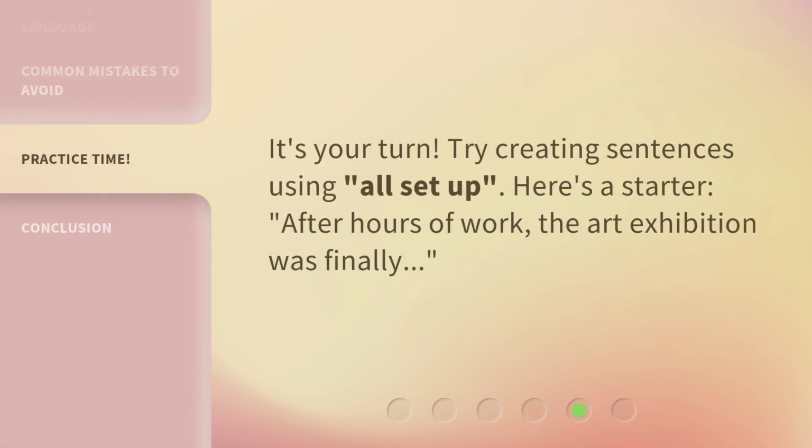It's your turn. Try creating sentences using all set up. Here's a starter. After hours of work, the art exhibition was finally...